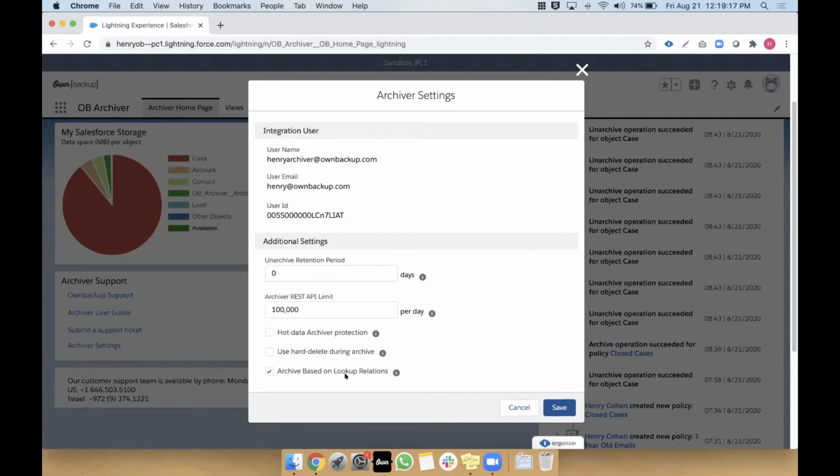So by default, when OwnBackup archives a parent record, the children will get archived with it and will maintain those relationships even after the records are archived. But with lookup relationships, when you delete the parent, the child doesn't get deleted. They simply stay in Salesforce as orphaned records. So OwnBackup here gives you the ability to include additional relationships under the parent records that are related via a lookup to maintain those relationships when the record has been archived.